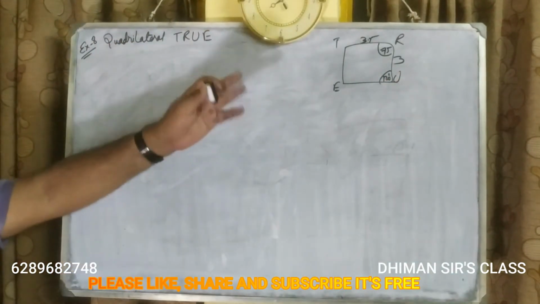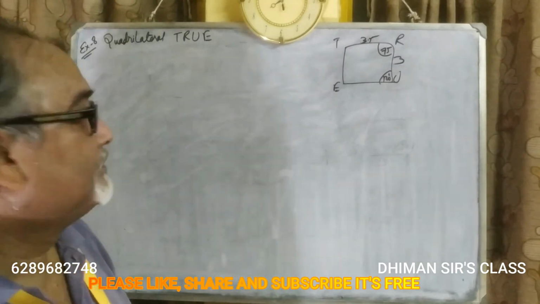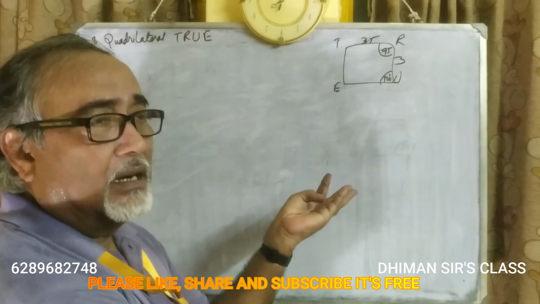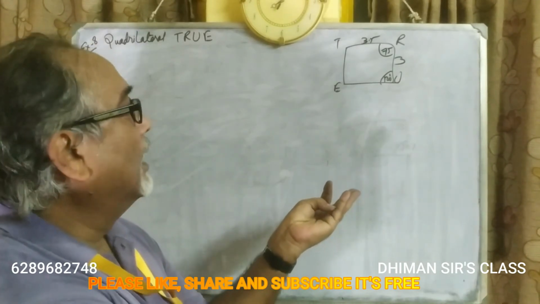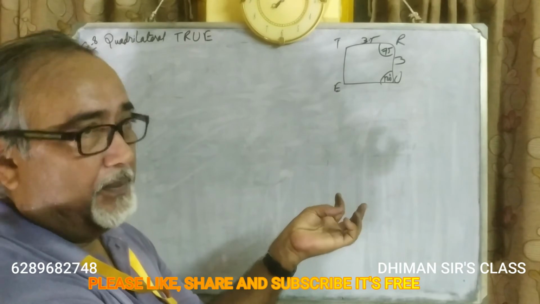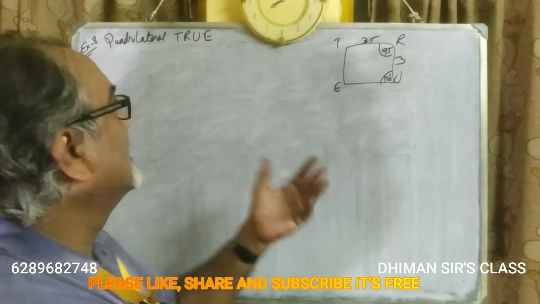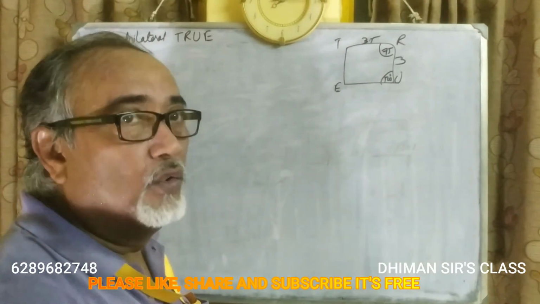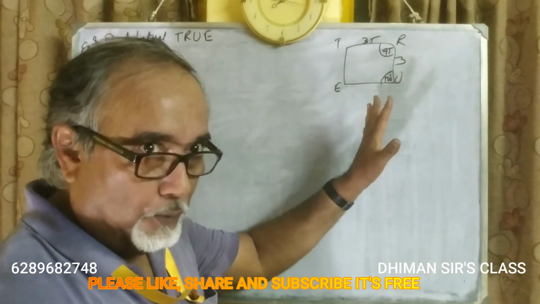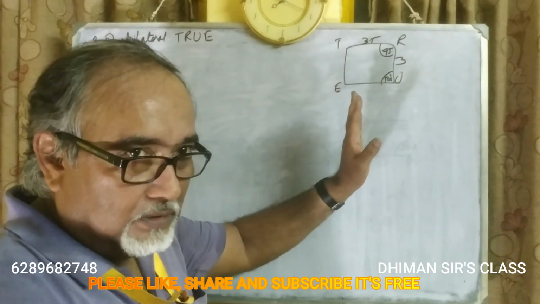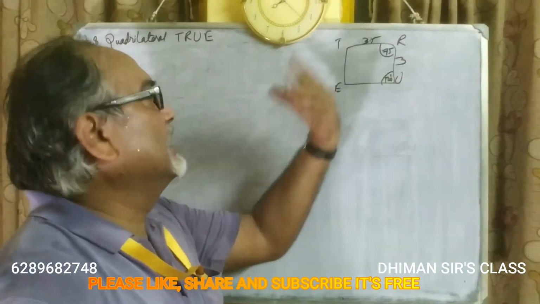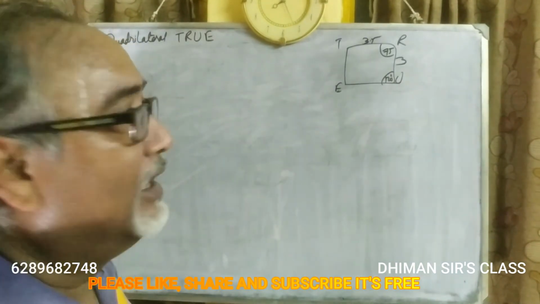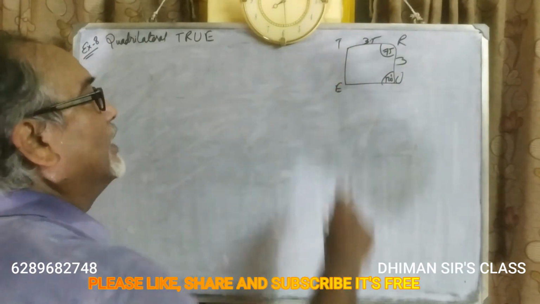Let us check now. Can we draw this? It's neither a rectangle, nor a square, nor a rhombus, nor a parallelogram. No resemblance is there. It's simply a quadrilateral, they have told. So there is no clue we are getting, but it is true. It has no clue. Oh wow, you have confused me. Okay, so here it will not be possible.